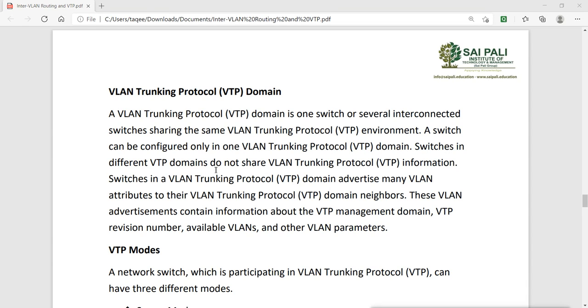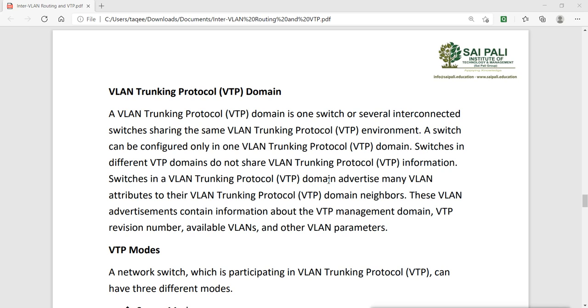On the server switch we can create VLANs, and the VLAN information will be replicated to all the client switches. So when we create a VLAN on the server switch, the VLANs will be created on all the client switches. We don't have to go to each and every switch manually to create VLANs.